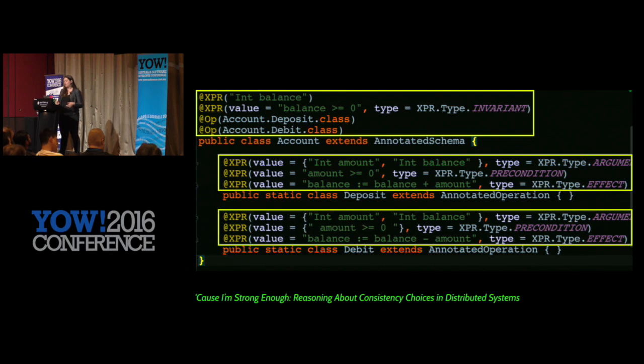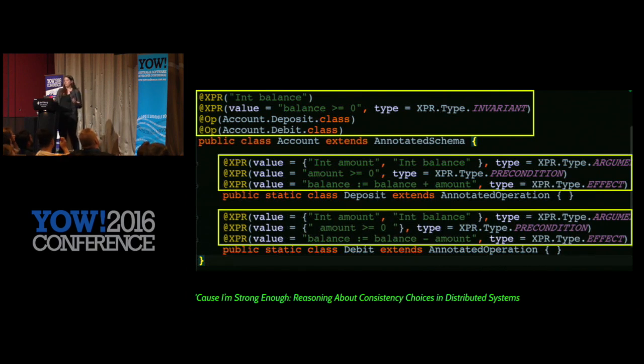Where you do find that you need coordination is on debit, right? Because the amount that I'm debiting is an integer. It can be non-zero, or can be less than 0, sorry. It defines as a precondition that the amount in the account must be greater than or equal to 0 to debit money from it. And then it also defines the invariant that the new balance is balance minus the amount. So then you could have, in theory, an amount that made the balance go below 0. So what would then happen is that your invariant over the balance of the account would be violated, and so that's not a valid action.